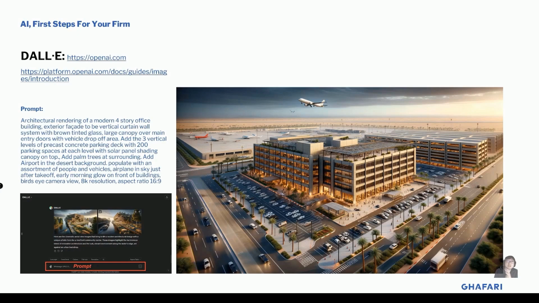brown tinted glass and a large canopy over the main entry doors at the vehicle drop-off area, and we added the parking structure, and we also added solar panels on top of the parking structure, and added palm trees as vegetation for the surroundings, and the airport in the desert background, populated with people and vehicles, and an airplane in the sky just about to take off, and the early morning glow in front of the buildings, and this has to be a bird's eye view, with the resolution and